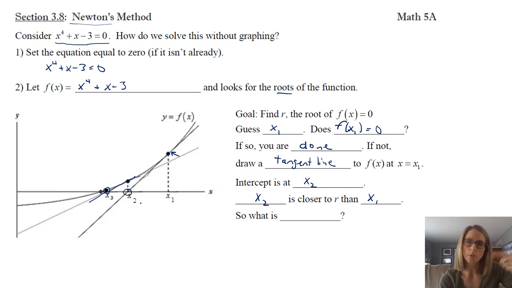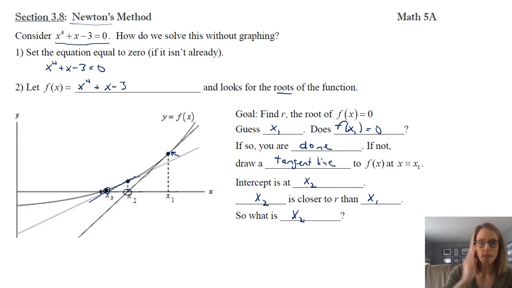And so basically we do this iteration of the idea of the tangent line until we get to a point where a lot of the values that we're coming out with are agreeing to a lot of decimal places. And of course, every time we just check and say, does this value give us 0? Because if it does, of course, we know that we actually have the root. Now, typically these roots aren't pretty, because if they were pretty, we'd be able to factor or something and find them. So then the question is, what is this x sub 2? Like, how do you find that, and what is it?